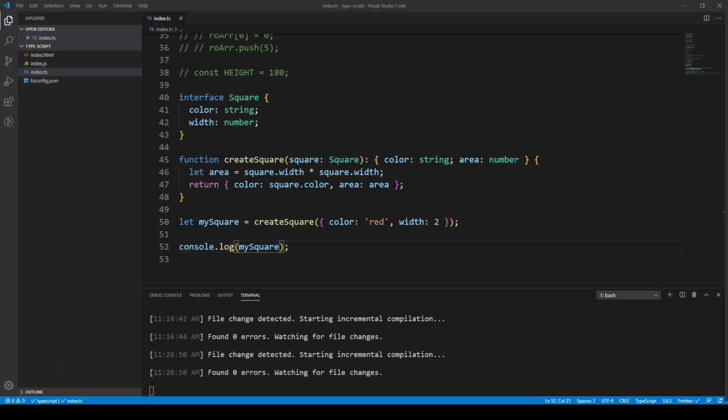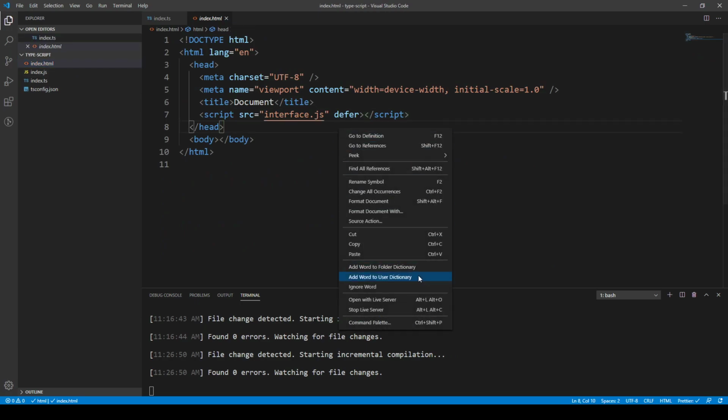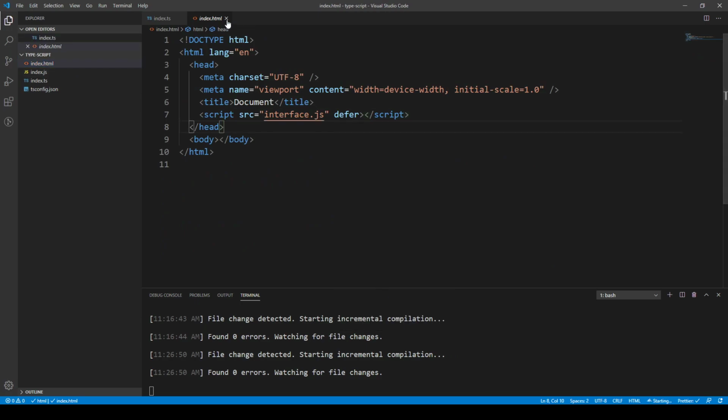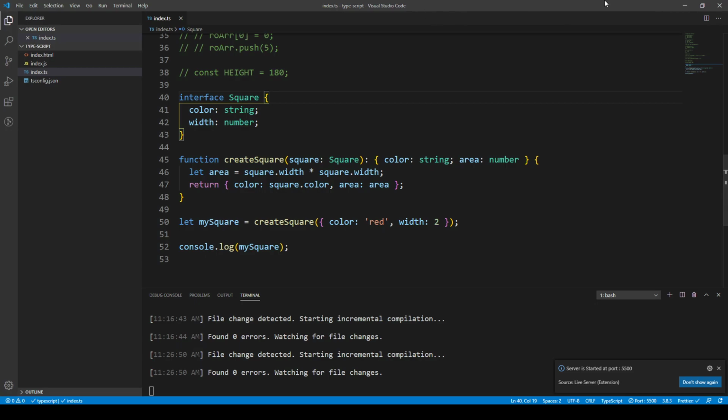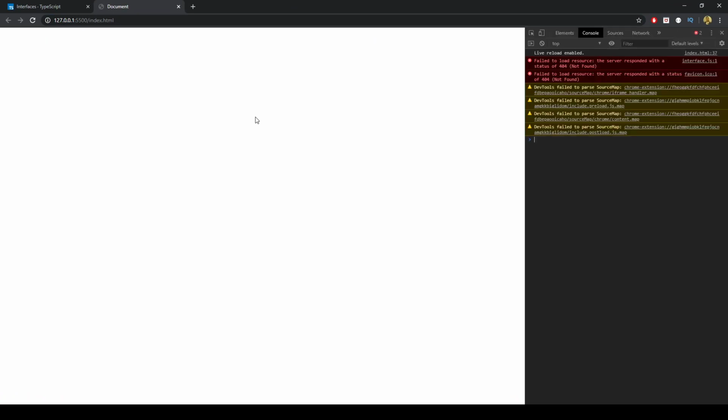Thumbs up. So okay, if I open up live server, where is it? Oh yeah, sorry, that has to be in the HTML file. So open up live server, close that, and this will bring us over to our live hot reloaded page. So if I go F12 here on the developer tools,